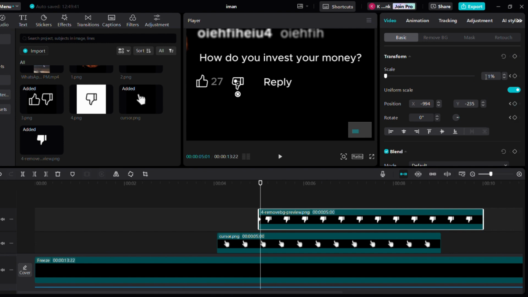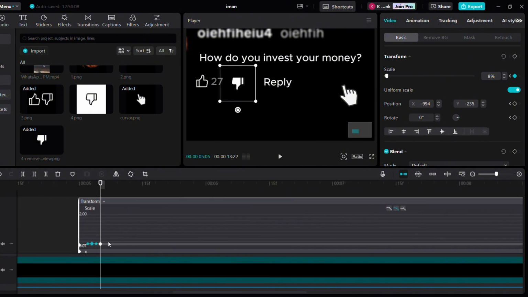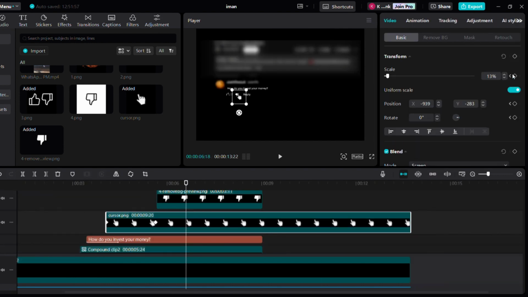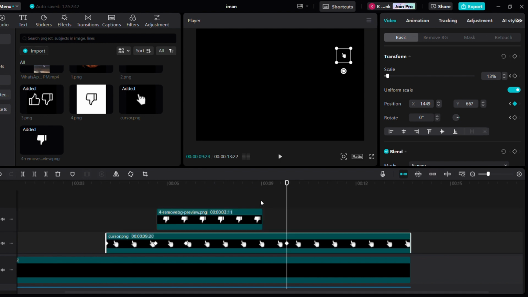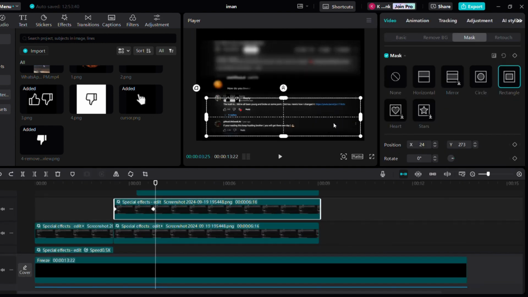Now move 3 frames forward and increase the scale to 10 and move 2 frames forward and decrease the scale to 8 so that it looks natural. Now smoothen the animation. Trim off the extra part. Now add another keyframe on the cursor clip at this position and move a few frames forward and place it here. Smoothen the animation. Now copy and paste the screenshot clip and go to the mask panel and bring the mask downside